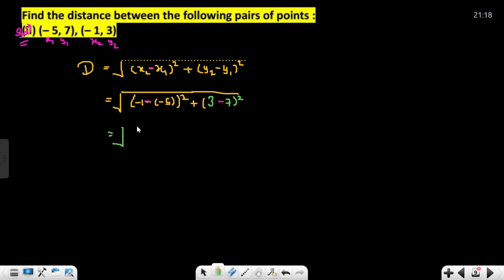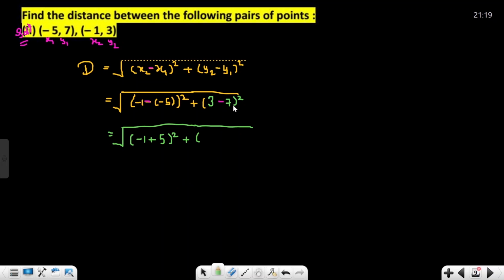Okay. Now, a lot of students make mistakes here. With this type of sign, they put directly minus 5. Minus 1, minus 5. X1 value is minus 5. The negative sign is also in the formula. Okay. So how do we solve minus 1? Look here. Minus into minus is plus, and 5 square. Okay. Mostly students make mistakes in sign. If you change only one sign, the whole solution is wrong.